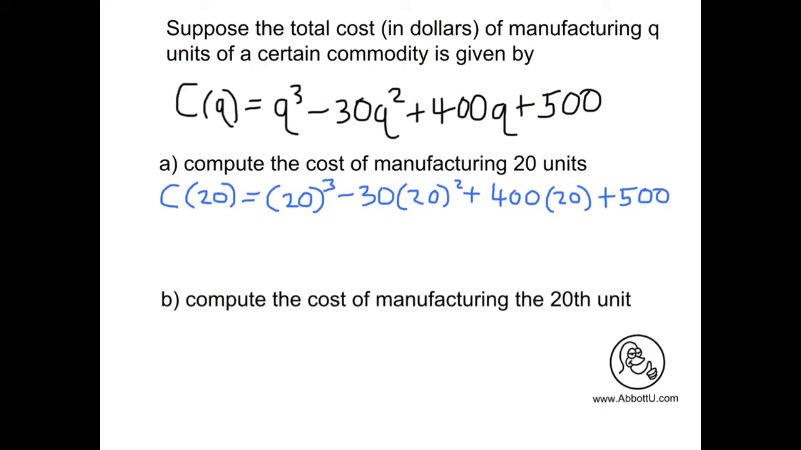But I'm just going to do this on the fly. Now, most of you, your teacher's probably going to want you to keep writing C of 20, C of 20 every step, but I'm going to save time and not do that. Just write the equal signs. So you've got 8,000 minus 30 times 20 squared. That's 400. 30 times 400 is 12,000. And then 400 times 20, well, that is 8,000